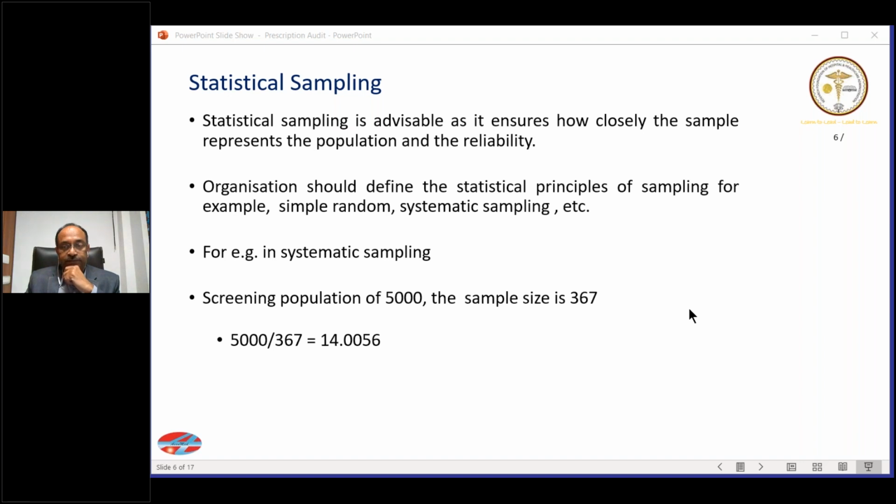Which means if you pick up every 30th sample or every 32nd sample, it is up to you. You can pick up every 31st sample also. That should be fine. So you will get 400 samples from the entire 12,500 population, and these 400 will be evenly spread throughout the population. Easy to understand?